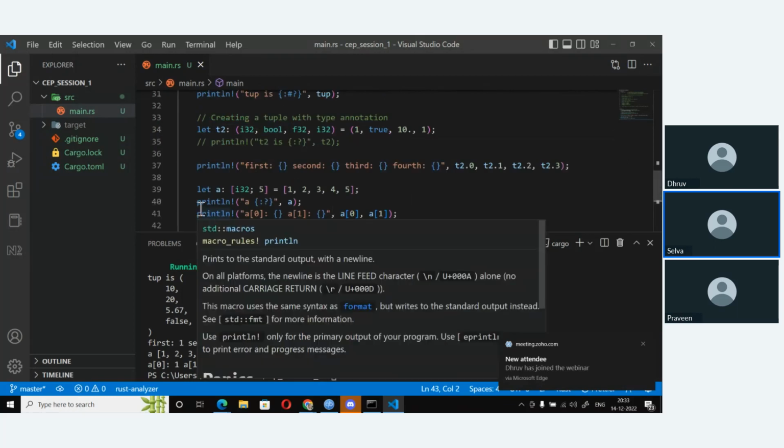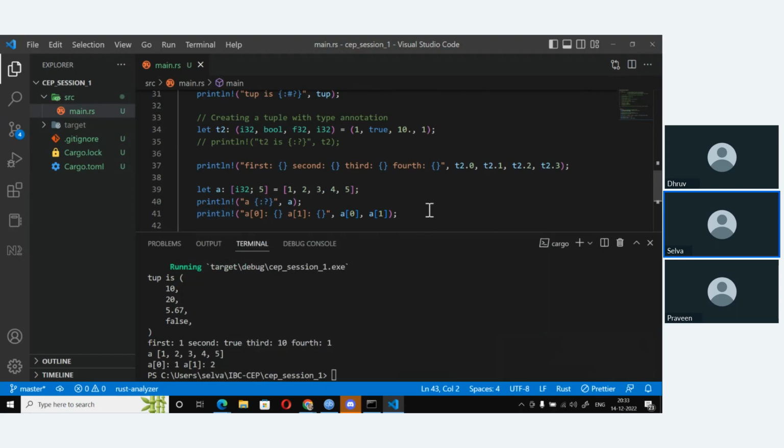Now, the important thing is that to define an array, you need to define what type of array it is, okay? Which means that an array is a collection of homogeneous types. Means all the values should be of the same type.